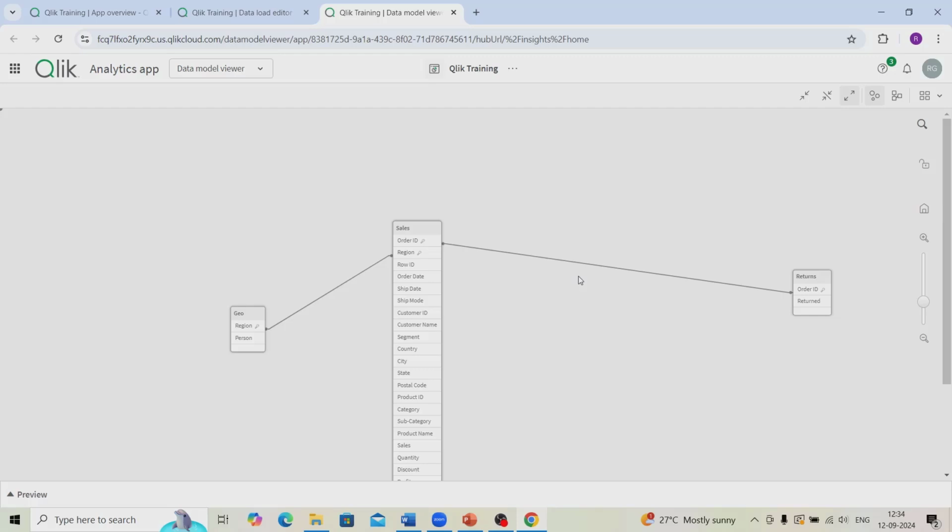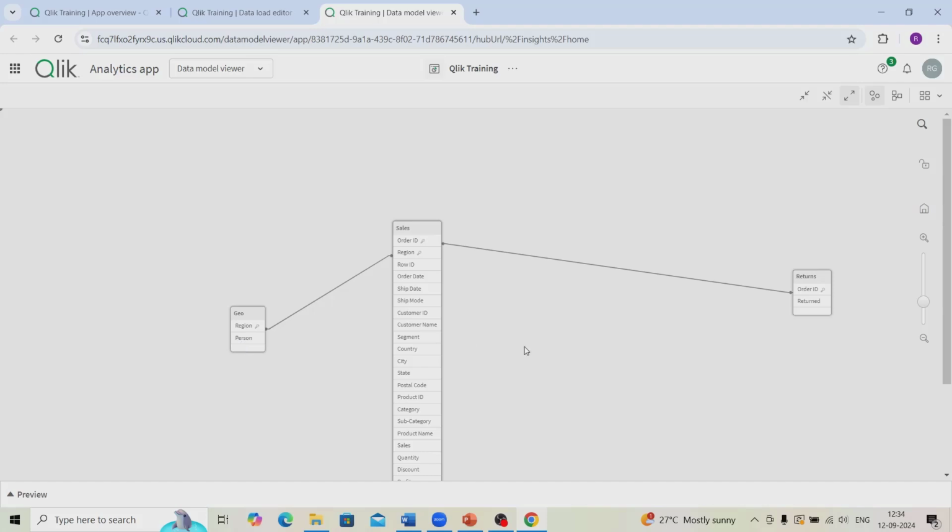Whatever the data model is, everything it will create. It automatically associates those relational tables. For example, if you see a region, and I select any value in region, it automatically pulls out that specific person's data. That is the beauty of this